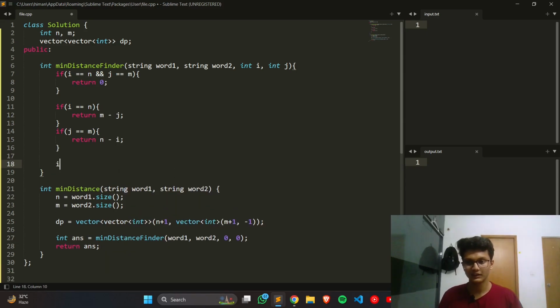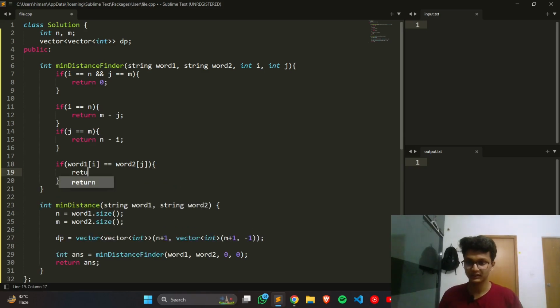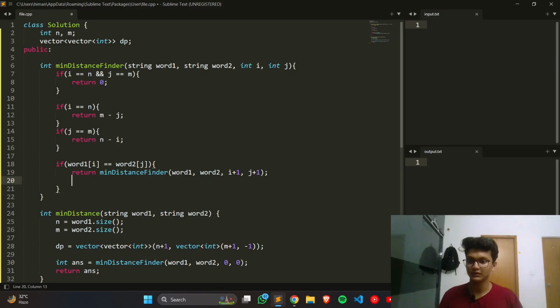Now the case one I discussed: if word 1 of i equals word 2 of j, in that case return the minimum distance finder of word 1, word 2, i plus 1, j plus 1. We're just going to move both the indices, right? And since an operation didn't get performed, we are not going to count it. Else,